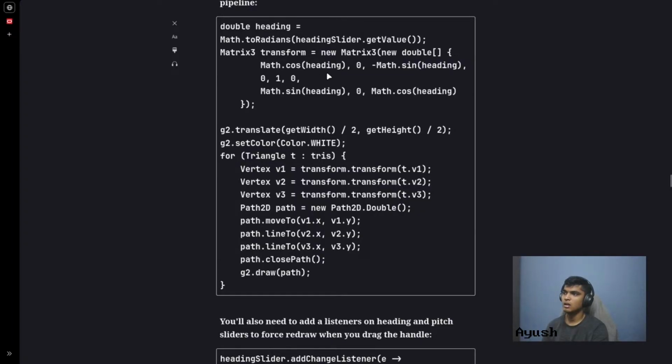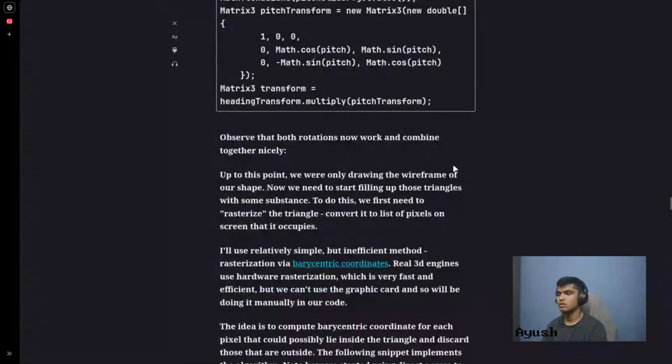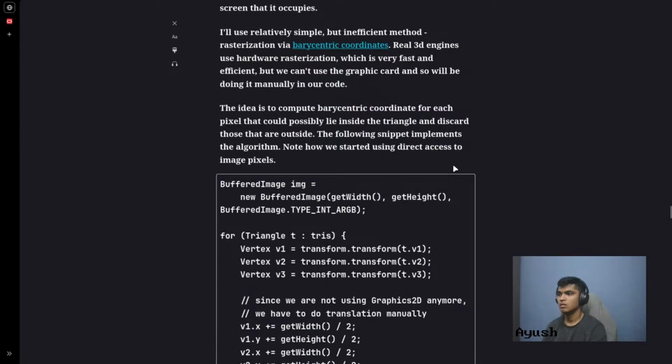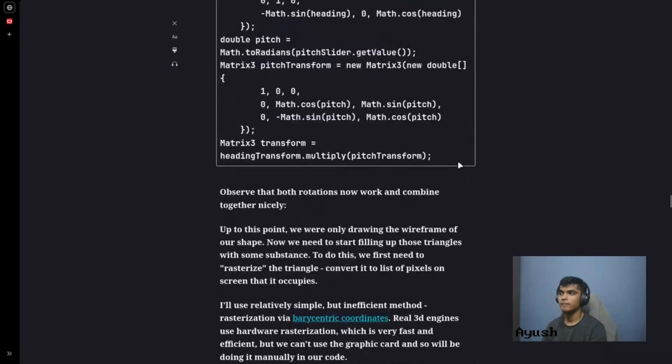Just a new double cos heading, sine heading. So you get the again. Okay,